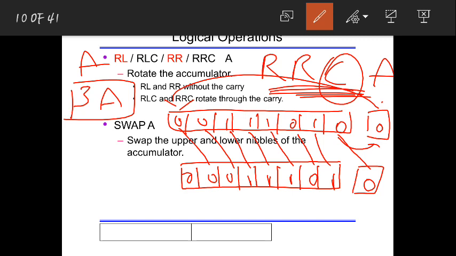So now after this execution, the value we have is, before we had 3A. Now you got, see, 0, 0, 0, 1. That means you have A is equal to 1, and here you have this is 8, this is 4, 12 and 13. Okay, you have 13, so D.